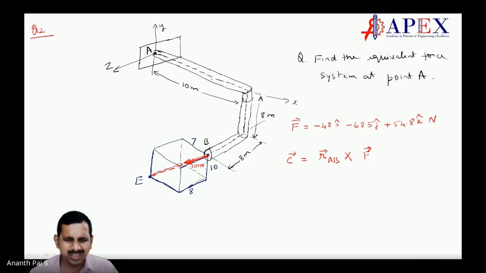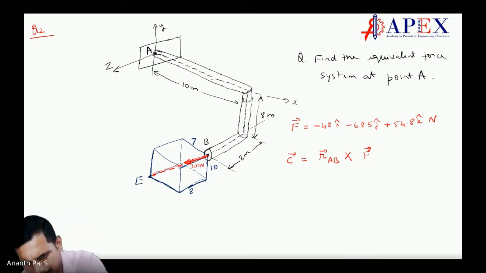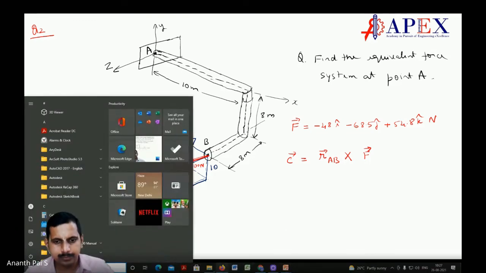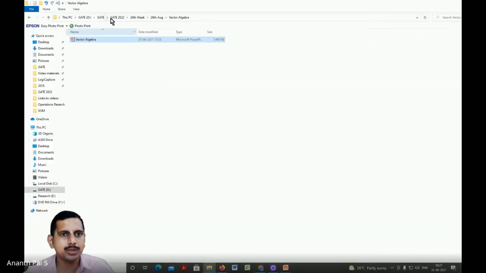So generally, 3 decimal places is enough to solve a problem. Those things will be taken into consideration by the people who set GATE. 3 decimal places is more than enough. They will give a range of values within that. I'll show you in GATE old question papers.